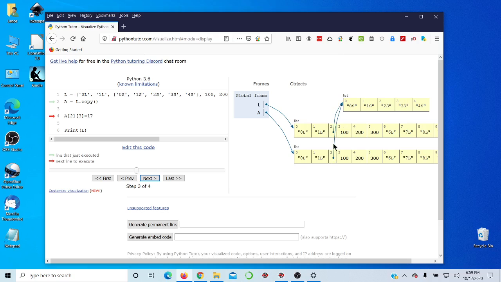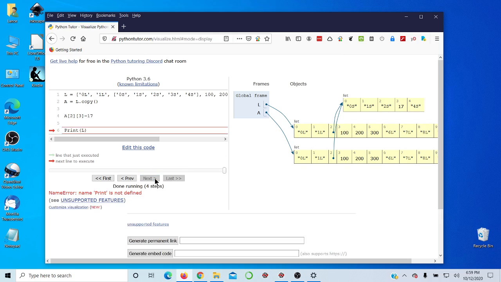So both this slot and that slot are pointing to the same list. And so there are 2 ways to get at this list, and it will affect both of these. So if I do A[2][3] equals 17, that changed this to 17. And if we do print L,